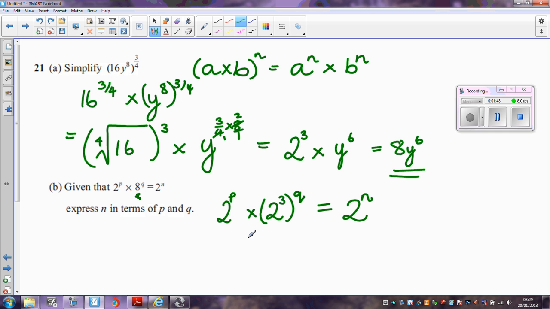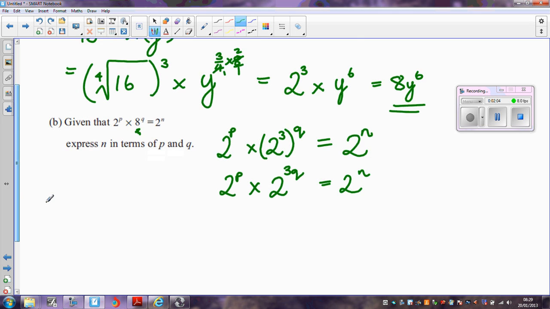Okay, let's simplify the left-hand side using the laws of indices. Here, again, I can multiply these two powers together. So I've now got 2 to the power p multiplied by 2 to the power, 3 times q is just 3q, and that equals 2 to the power n. Now, if I carry on, again, on the left-hand side here, I can use the laws of indices. So I've got 2 to the power p multiplied by 2 to the power 3q. I'm going to add the powers. So that just becomes 2 to the power p plus 3q, and that's the same as 2 to the power